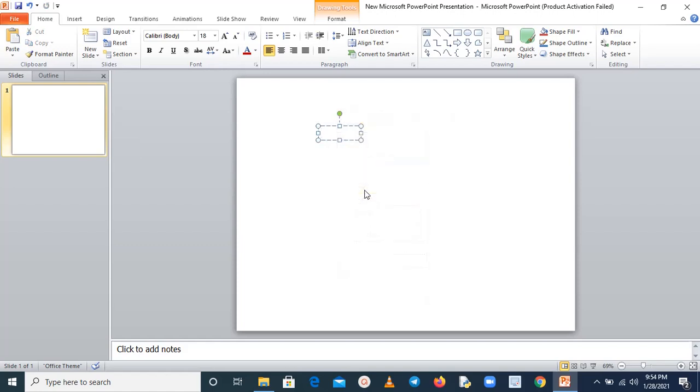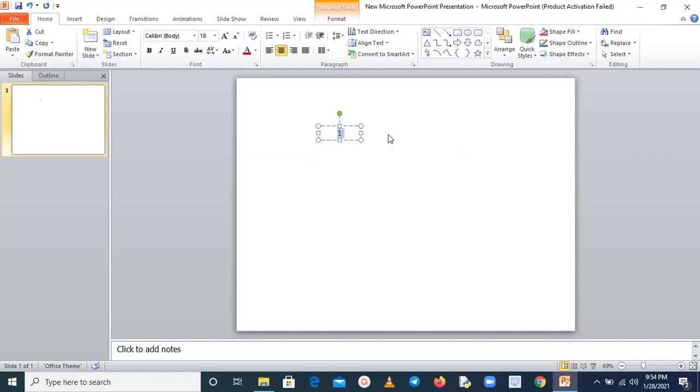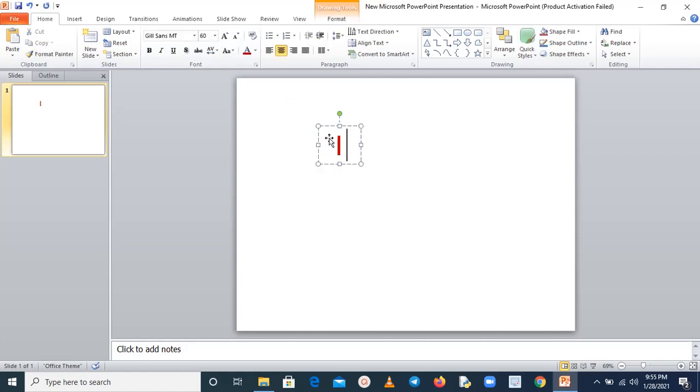And just edit the number. If you want to make it in increasing order, you can take your lowest number. If you want to make it in decreasing order, you can take your highest number first, then the other remaining numbers. So just follow the steps. Now just do some formatting. Suppose if you want to change its color, you can do this. So this is formatting.